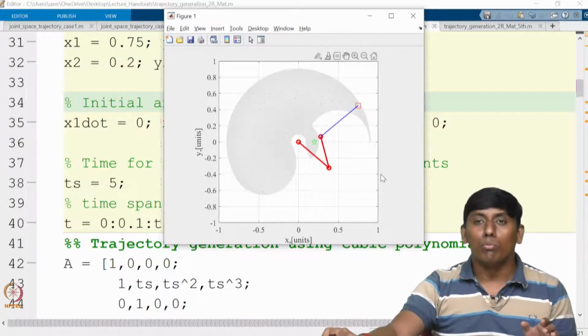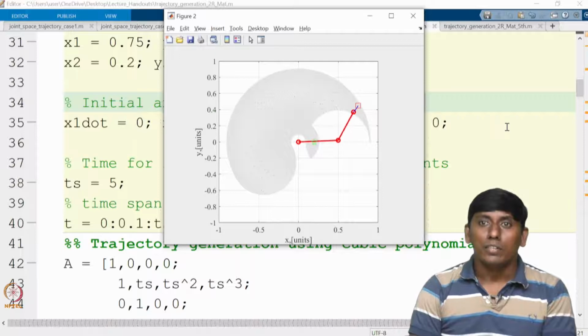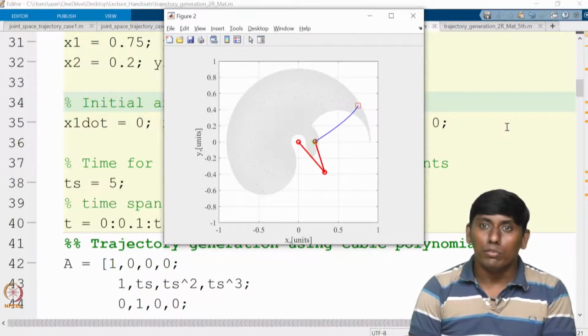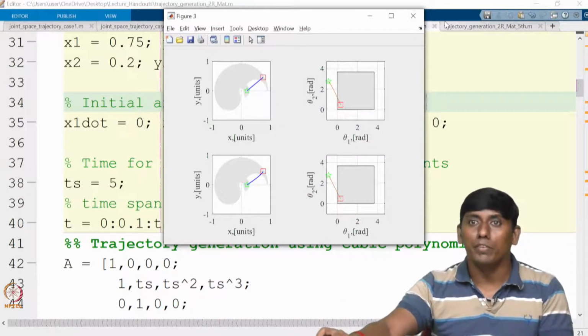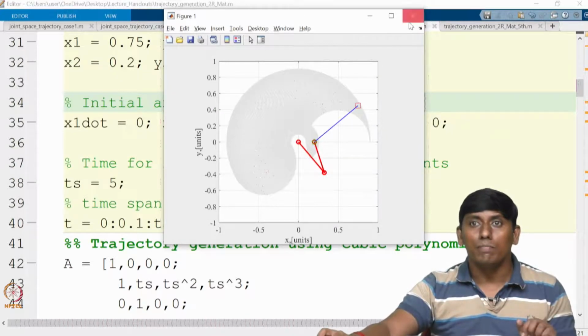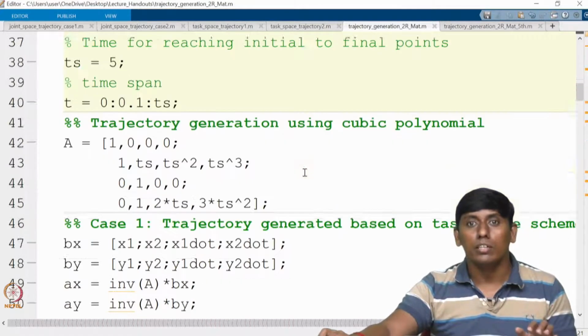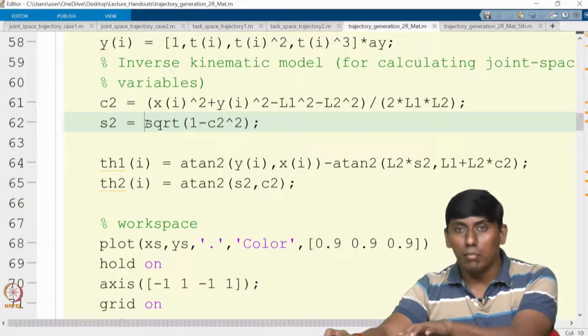This is what we have seen, one of the concerns which we were discussing in one of the lectures. You can see it here. This is one of the solutions we have taken, that's why it is coming this way. Now the other solution, what is the other solution? I am taking S2 with a minus sign.